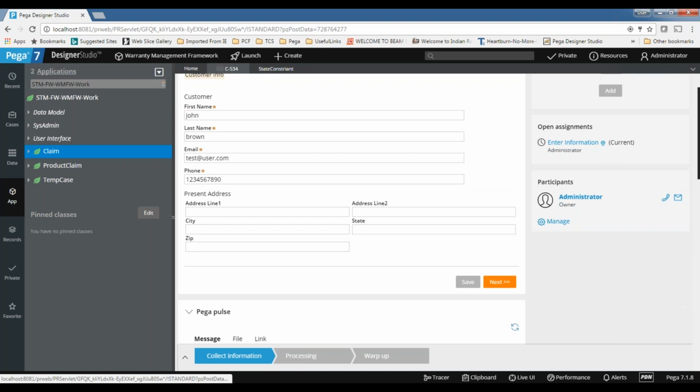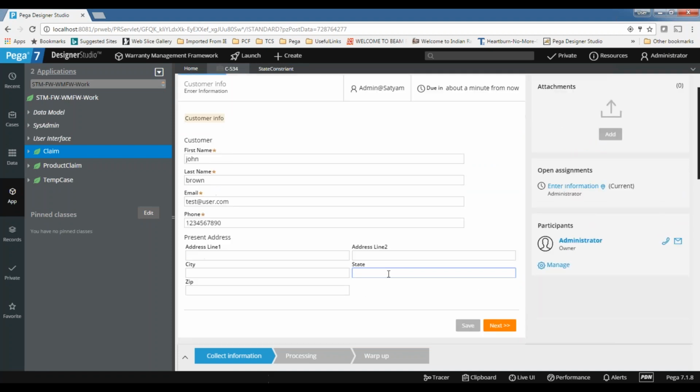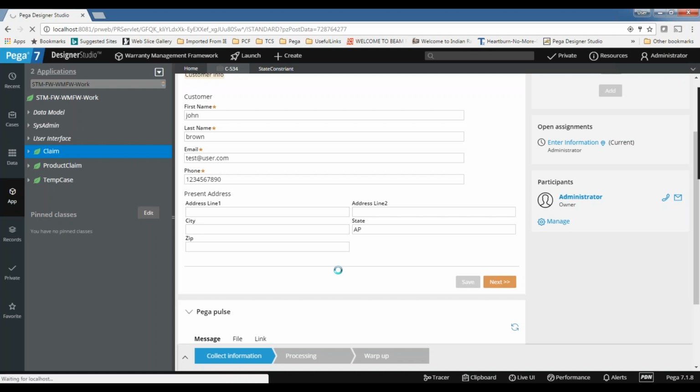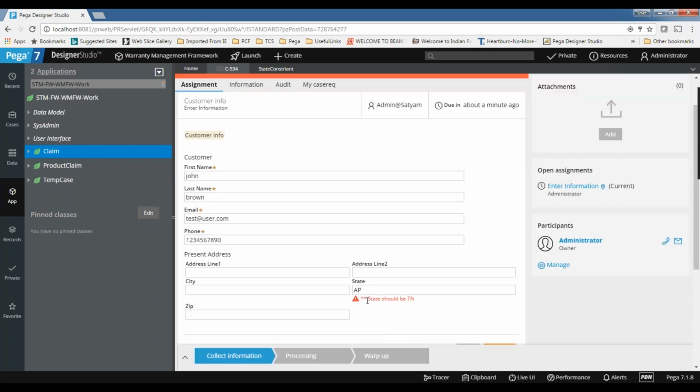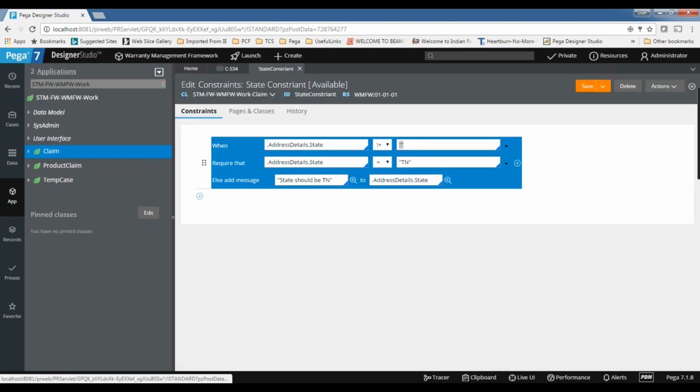Now let's say I just created the rule and I'm giving, let's say, AP here, rather than TN. Now you can see the rule is automatically triggered. The system gives an error: state should be TN. So this is how you can define the declare constraint on any property. It's not only for this.